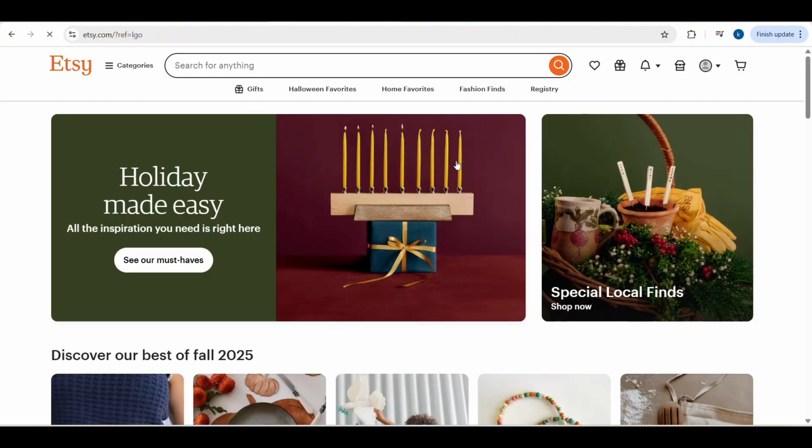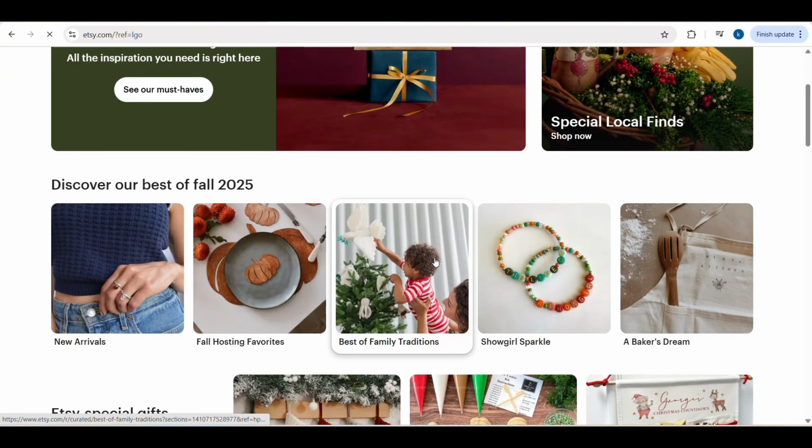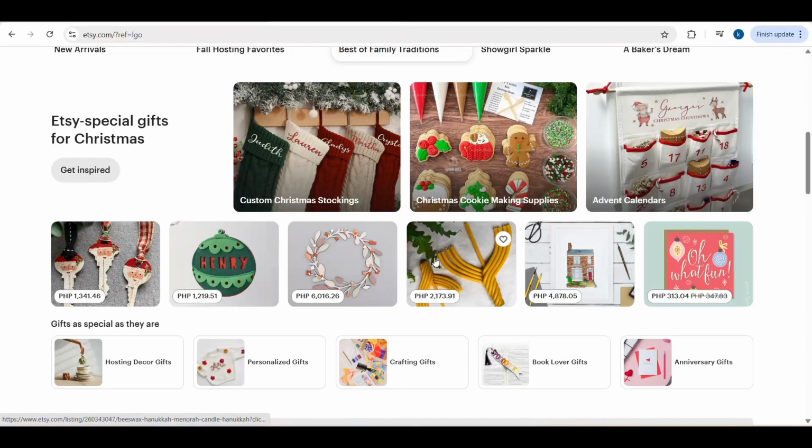So this website charges a small listing fee, and then your product will go live for customer to see and buy. And that's it guys. Even though I cannot show you the exact process, I hope this walkthrough helped you